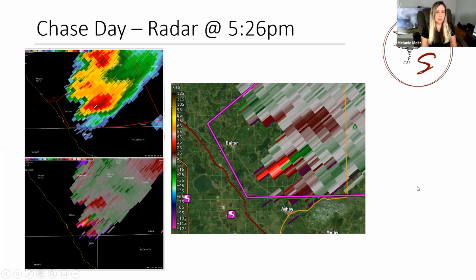Just taking a look here at a couple of the radar images from the day. And again, it wasn't too close to radar, but we can still see the couplet on the velocity. Here you can see it's right again between Ashby and Dalton. So people will argue, was it the Ashby or the Dalton tornado? And right here, we're looking at reflectivity. And we don't see that classic hook that you might see on the storm if it was actually closer to a radar site. Any comments you'd like to make here, Jessica?